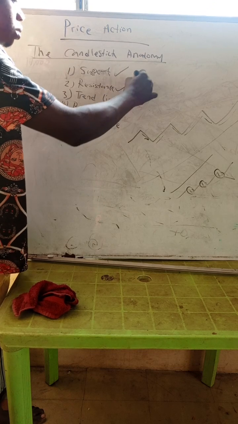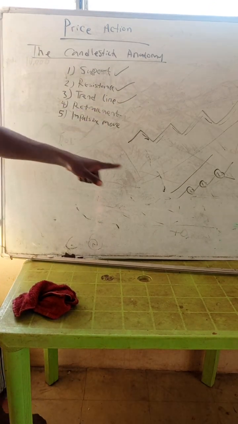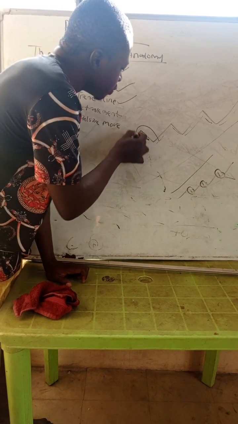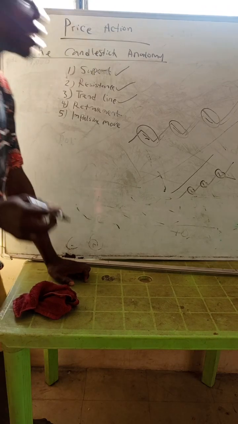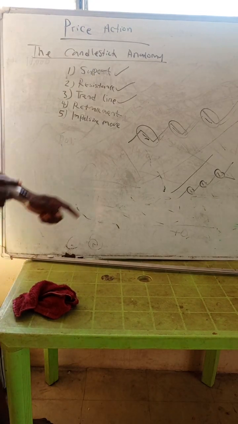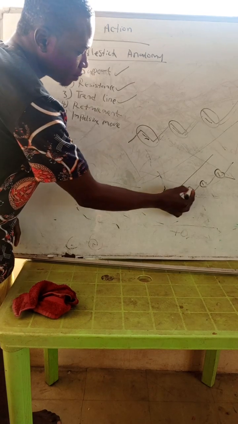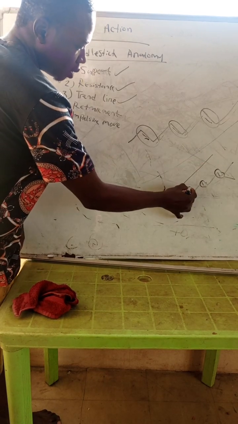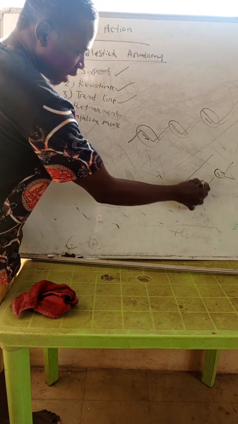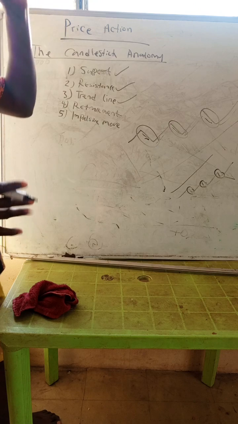Remember, we have analyzed this one, we have talked about this one, and we're talking about this one now. This retracement. So the retracements are simply all these levels here. And mind you, the retracements are usually smaller than the actual move of the market. This one here is usually smaller than this one here. See that it's going up, down, up, down. The down is usually smaller than the up.